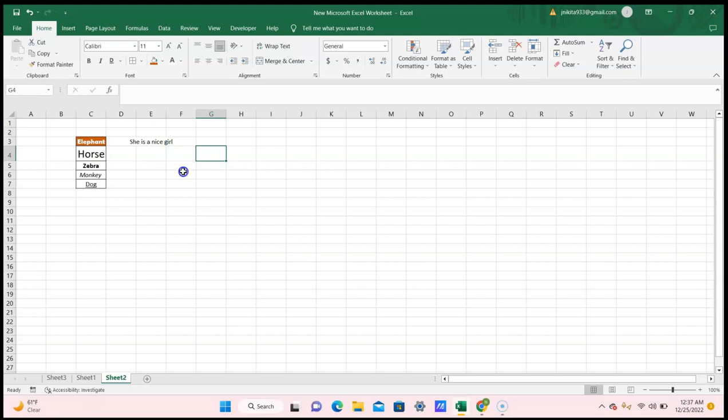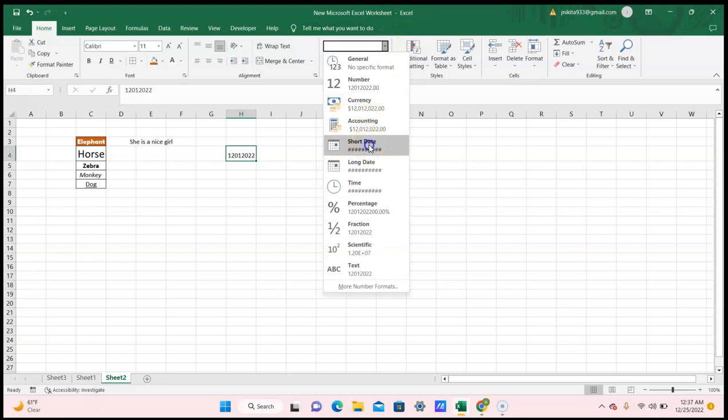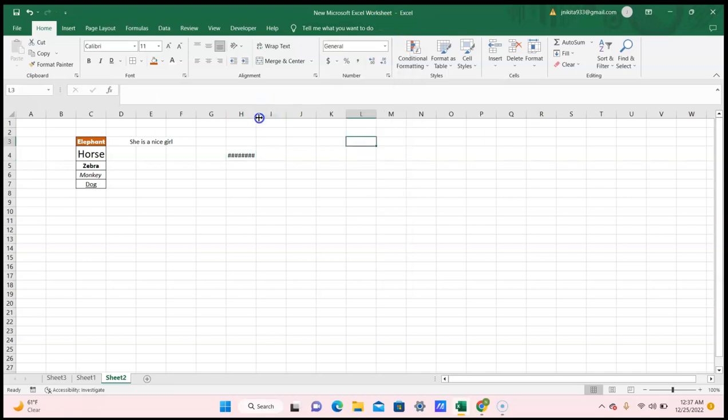Okay. Now if I want a particular number, for example, if I have written a date, 12th January 2022, and now it is not coming into a date format, so I can click here and I can